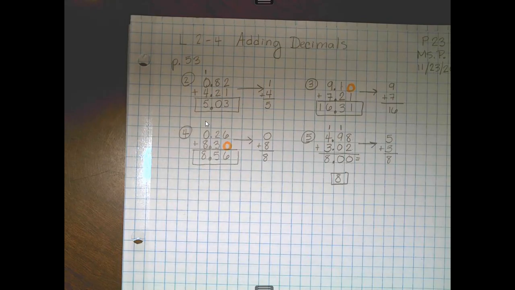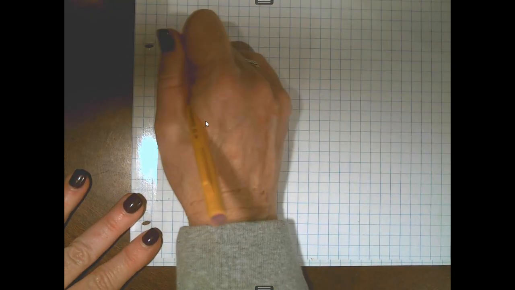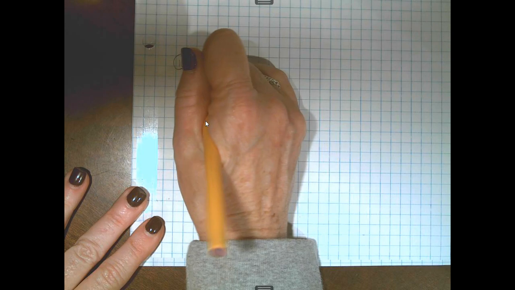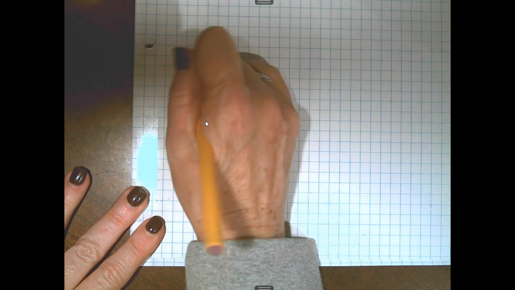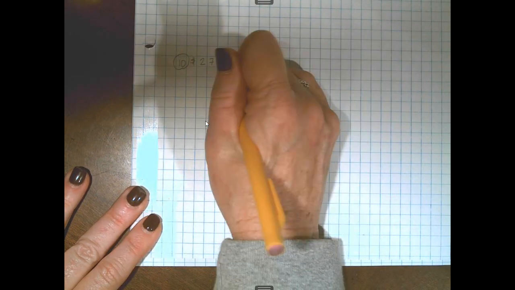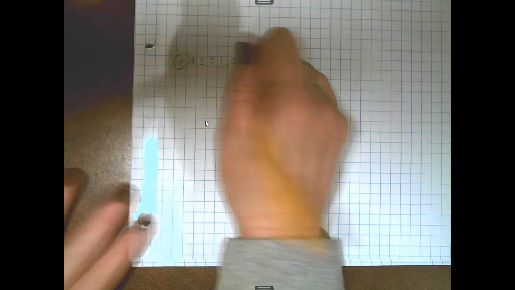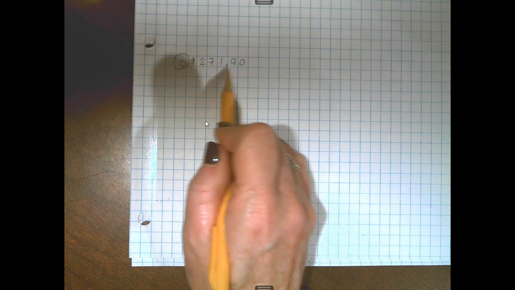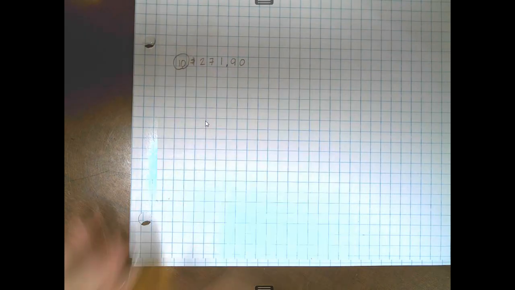The first one is money. So let's look at number 10. So number 10, we're adding $271.90. Notice how I read that a little bit differently when it's money. I read 271 and 90 cents, okay? Not 271 and 90 hundredths. And then I add to it